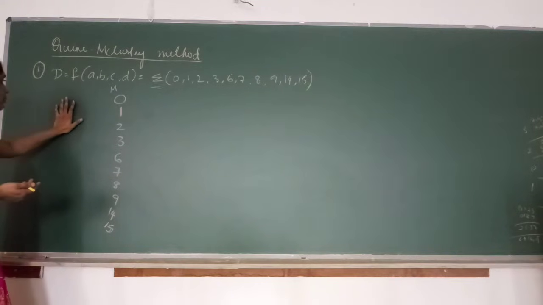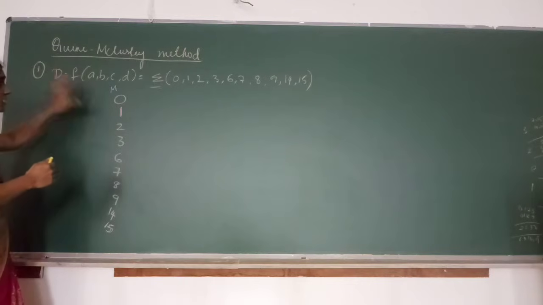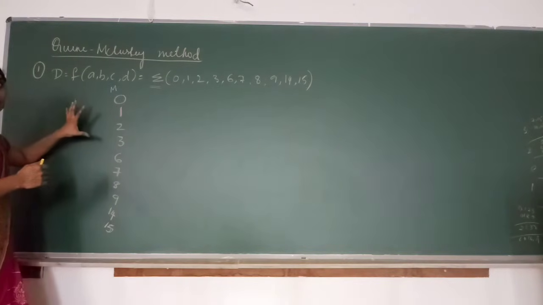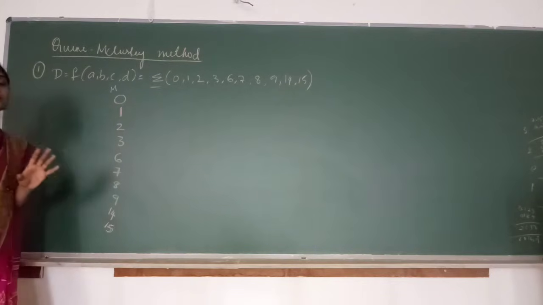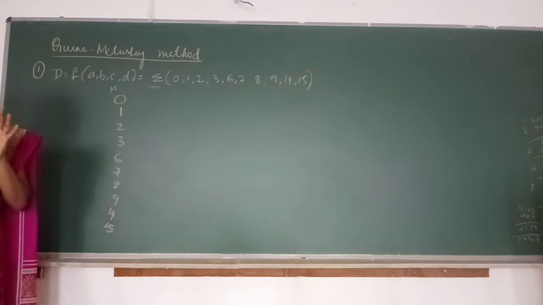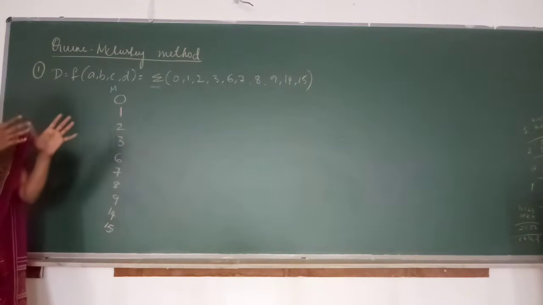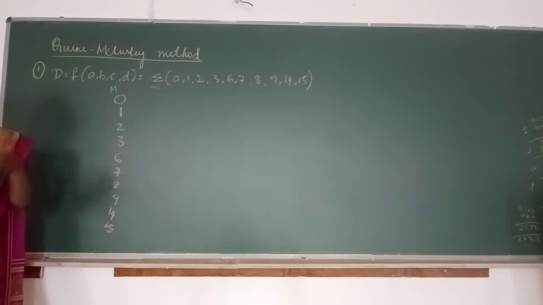Since we need to construct so many tables in the Quinn-McCluskey technique, this problem will be asked for 12 marks or minimum 10 marks in your examination. You really have to be very attentive when you group the cells, otherwise you may miss some 1 or 2 terms. I always suggest that once you solve the problem using Quinn-McCluskey, you verify the answer using K-map. Or first solve the problem using K-map, keep your answer ready, solve using Quinn-McCluskey and verify the answer.